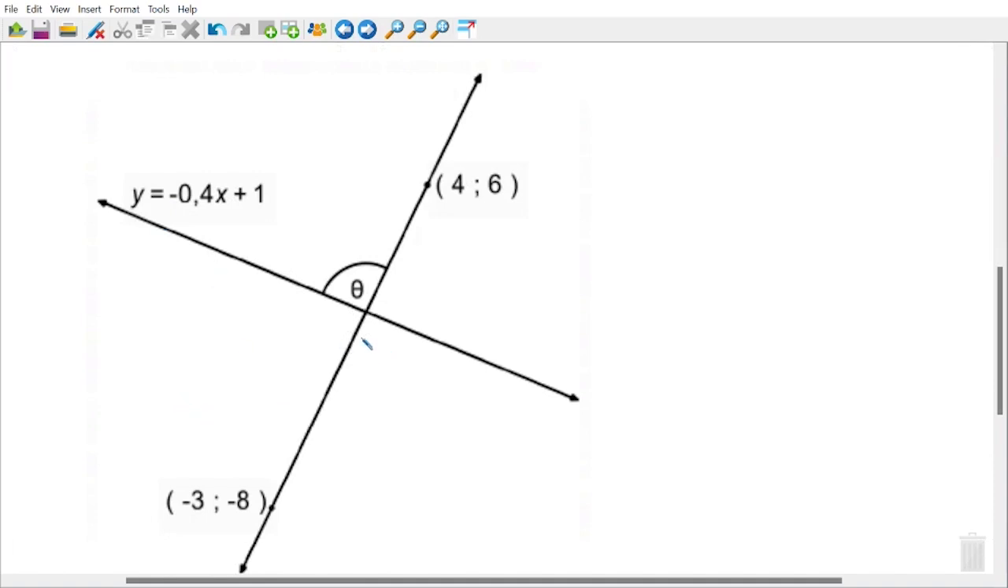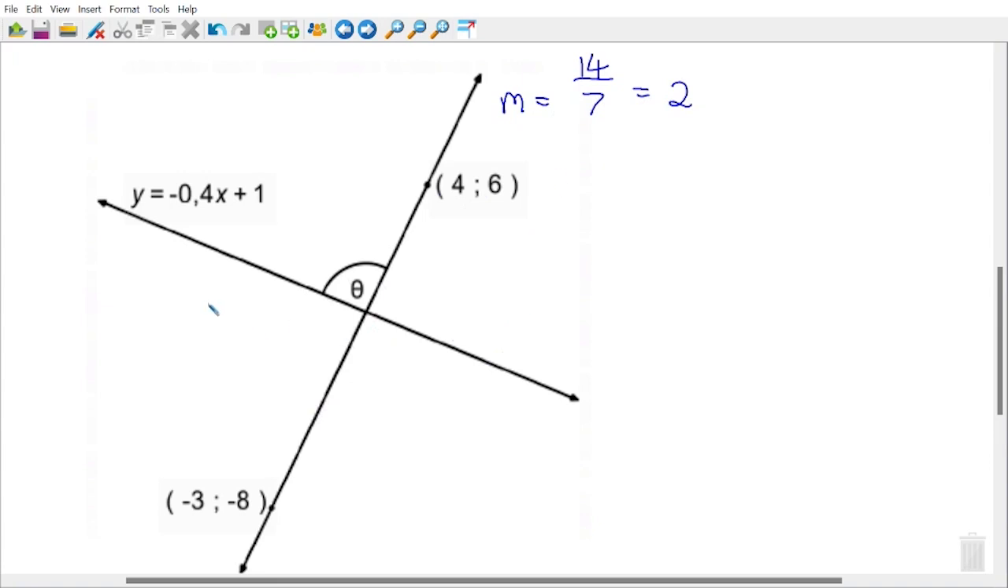And what we're going to do, we're going to use angles of inclination. So first up, I'm going to work out the gradient of this line. It's risen from minus 8 to 6, it's risen 14. And from negative 3 to 4, it's run across 7. The gradient of this line is 2. You might like to use your y1 minus y2 over x1 minus x2, but that is the